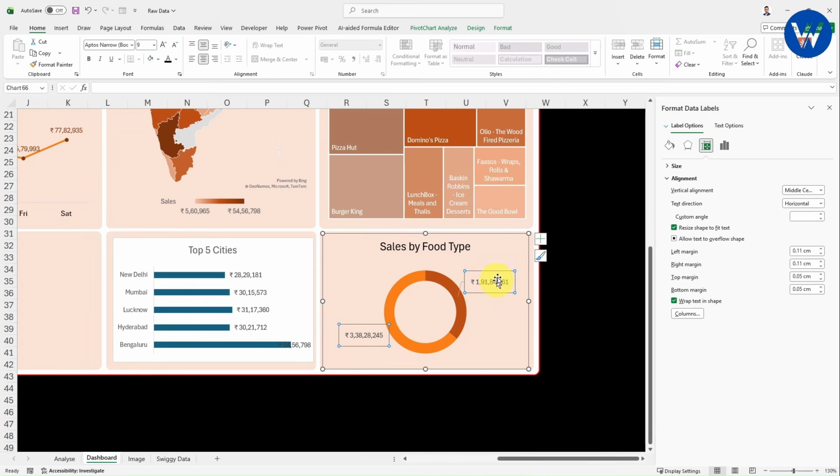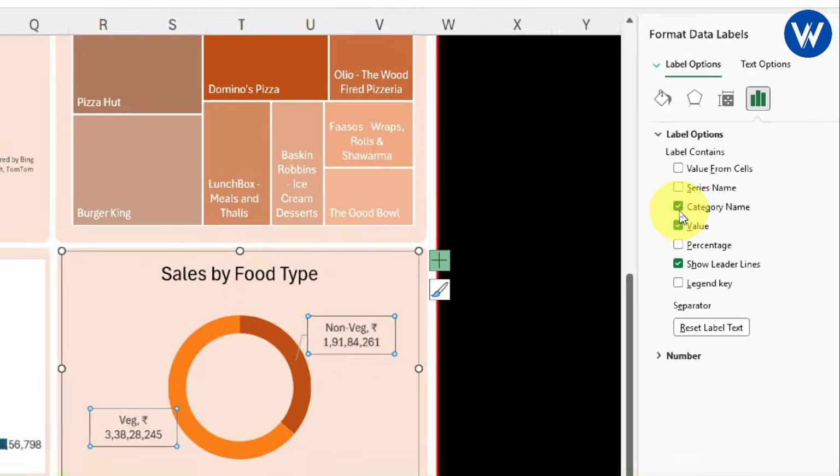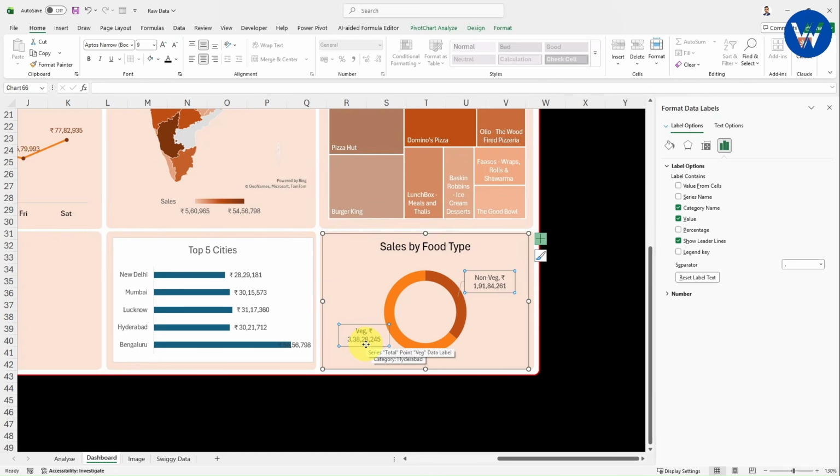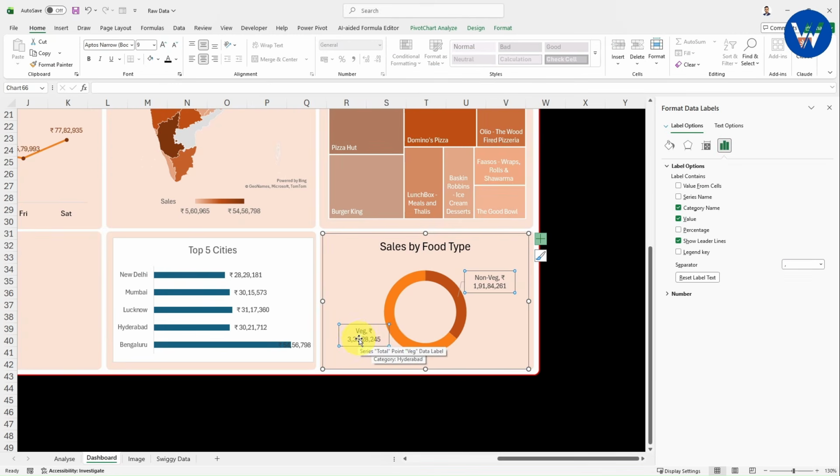Now what I will do, I will simply click on this data label, click on the plus icon. Now go to the data label, click on this option. Now click more options. Now you will get the label more options, right? I want to show the category name. Now it is looking perfect, right? In this way you can turn on the category name. Now you will get the veg as well as non-veg as the data label, and you will see the total value also. If you want, you can increase and decrease the size of this data label in this way.